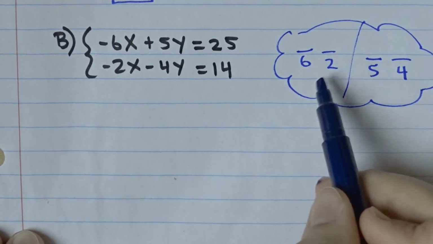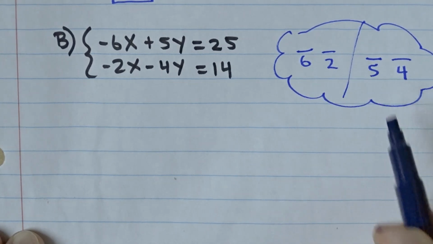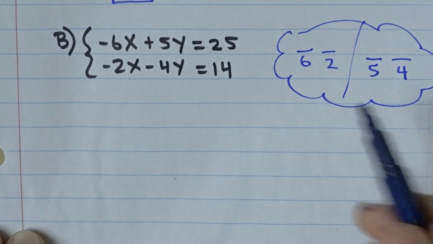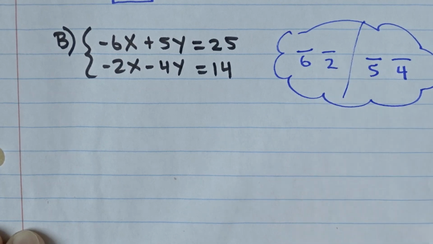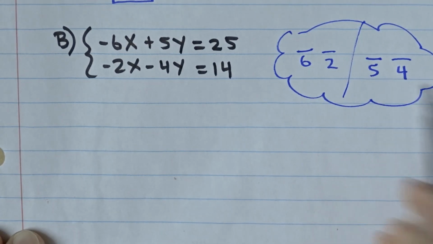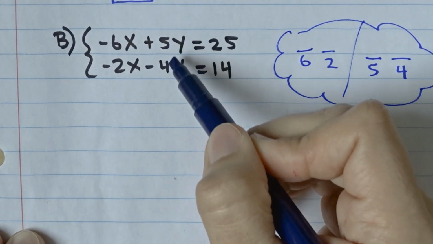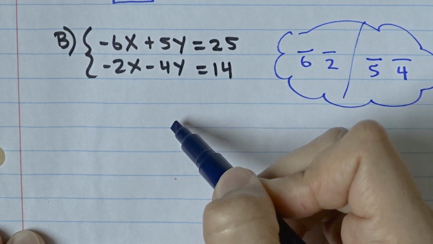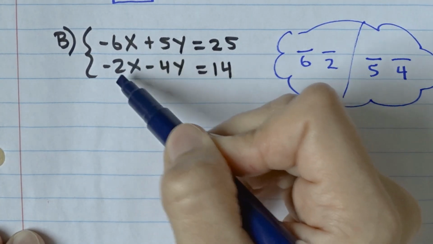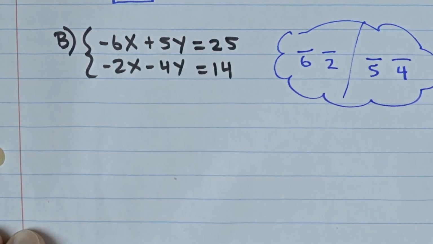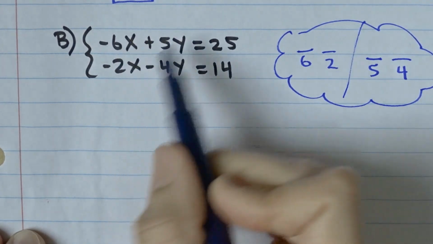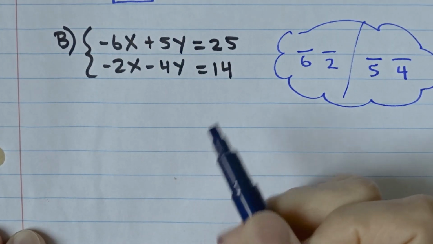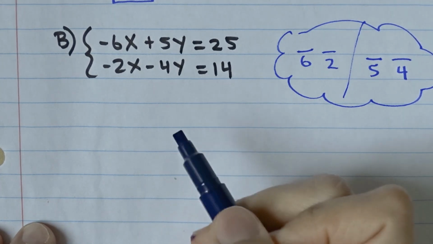So if you had to pick, which would be the easier common denominator to find? It should have been this one, right? You would just say, oh, the common denominator is 6. Here, your common denominator would have been 20. So same idea here. I would wish this was a 20 and a negative 20, or I can wish this was a 6 and a negative 6. Okay? So, backtrack. When you're seeing your two sets of coefficients, you want to focus on a least common multiple